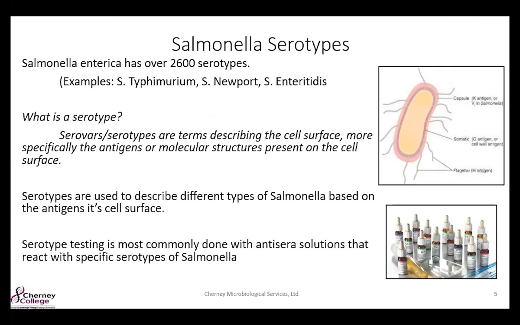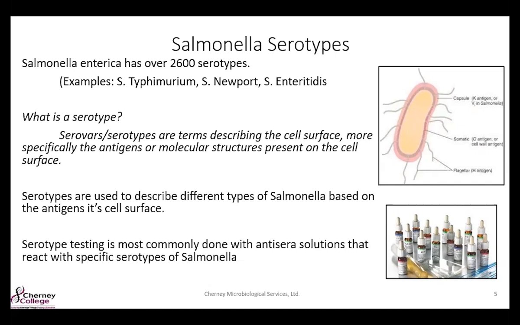A serotype is a term that's describing the cell surface of Salmonella. More specifically, the antigens or molecular structures that are present on that cell surface. So when we're talking about serotypes, we're using the cell surface to describe different types of bacteria based off the antigens present on the cell surface. Typhimurium, Newport, and enteriditis all have different cell surface structures, and that's how we're able to tell them apart